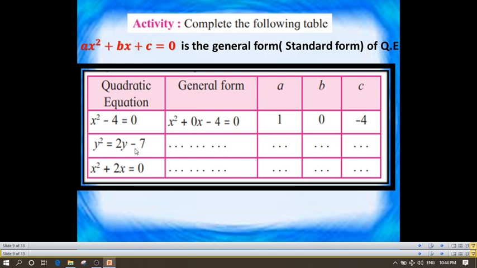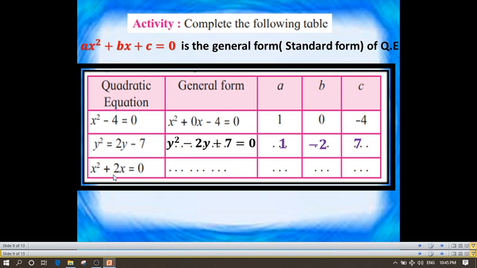Now consider the second quadratic equation, y square plus 7 is equal to 2y. जनरल फॉर्म मध्ये लिनियर टर्म आणि कॉन्स्टंट टर्म या सुद्धा लेफ्ट साइडला आहेत. So taking 2y minus 7 to the left hand side, we have this quadratic equation: y square minus 2y plus 7 is equal to 0. So equating this quadratic equation with general form ax square plus bx plus c equal to 0, we have a is equal to 1, b is equal to minus 2 and c is equal to 7.